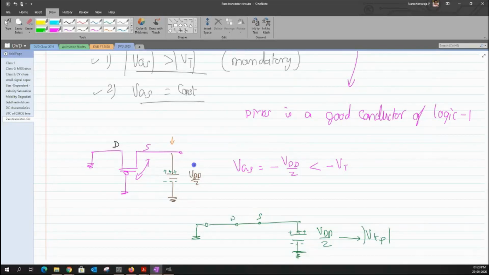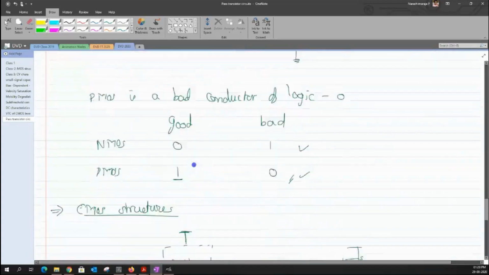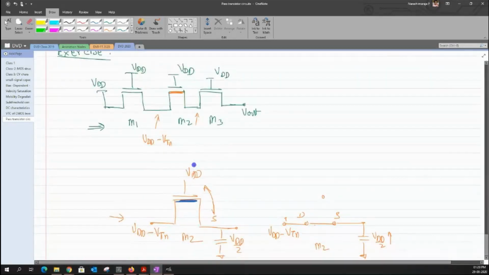But you've been given that the source voltage is VDD itself, no? So why are we taking it as VDD by 2? No, in this case, I can't assume this as my source, right? Because I have to choose the source terminal such that I have a VGS that is greater than VT. If I choose this as my source, then obviously I cannot satisfy this condition because the VGS becomes equal to 0. So I have to choose the other end as my source for the first transistor.